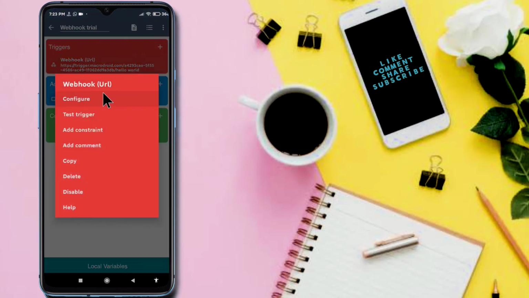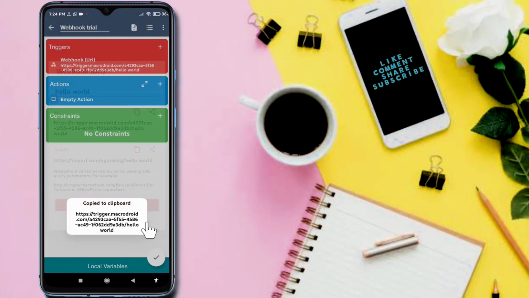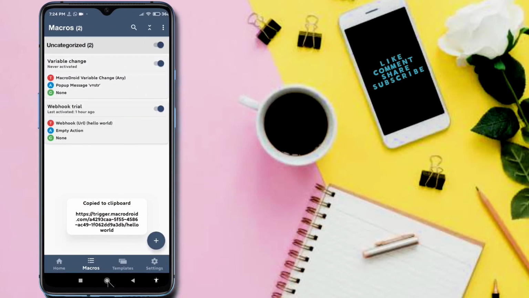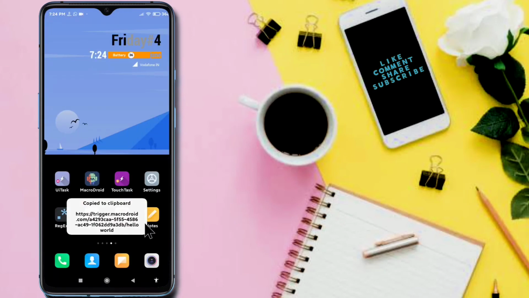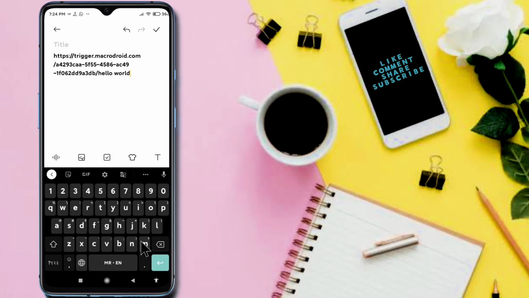I am going to configure this and now copying this URL, clicking OK, saving this, and going to any text editor. Now pasting the URL. This is our general URL. Now I am modifying it to set a variable.